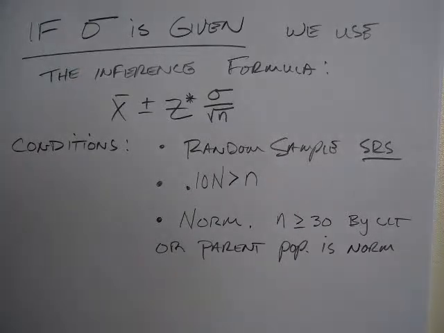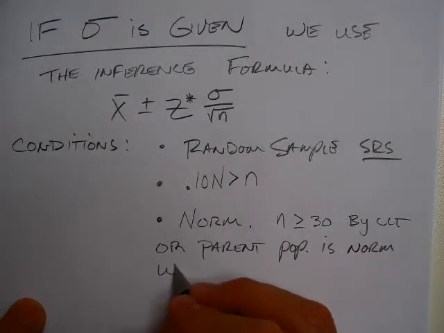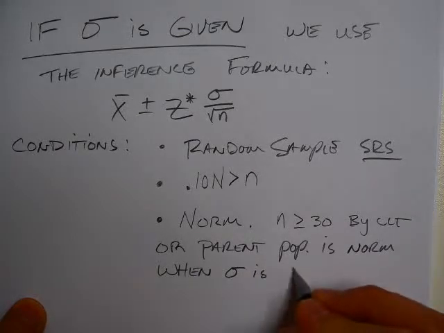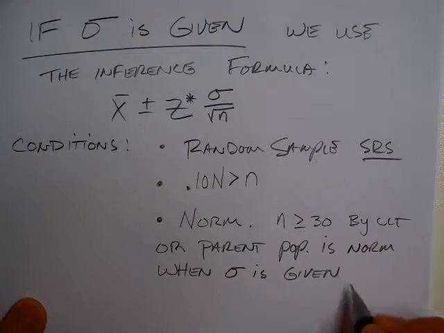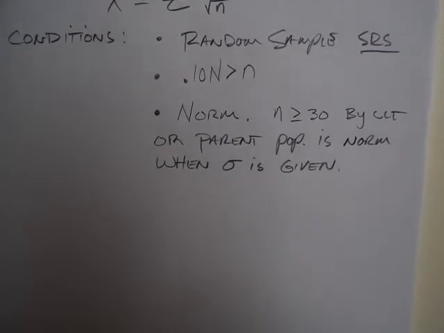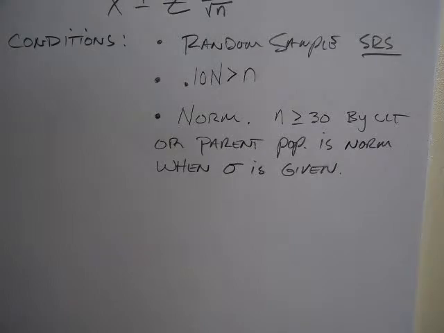When sigma is given. Remember, if the parent population is normal, we don't care what the sample size is. It could be anything. If we don't know if it's normal, n has to be greater than or equal to 30. But if we're not given sigma,